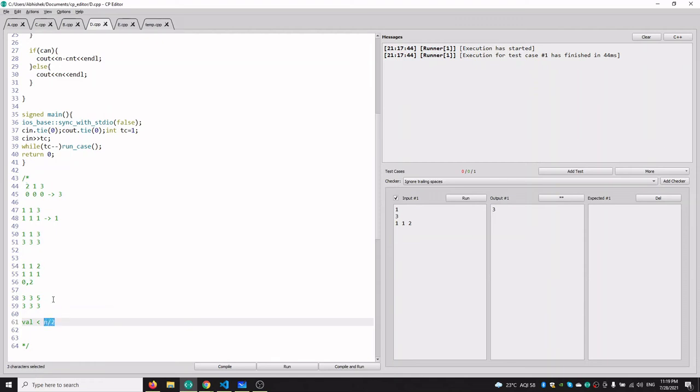Okay, so in this case 5 by 2 is equal to 2.5, and 3 is greater than 2.5, so we cannot convert this array into this. And if our array is 2, 2, 5, then we can convert this array into 2, 2, 2, 2 because 2 is less than 2.5.